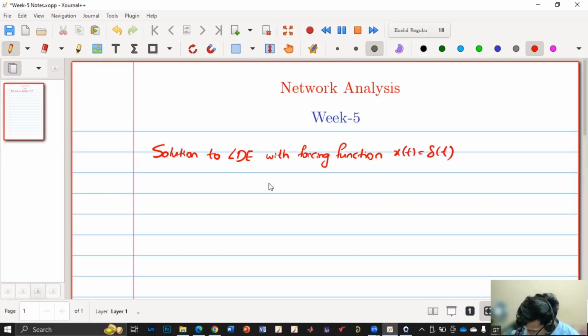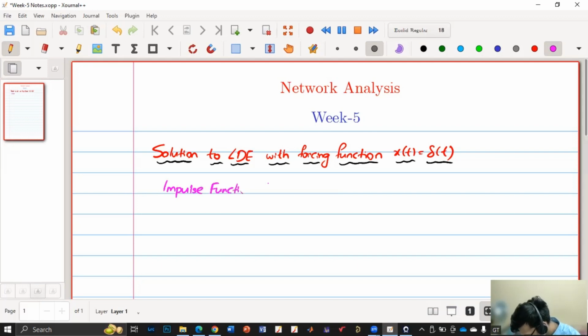Okay. But before we go into the solution to linear differential equation with this forcing function, I want to explain or discuss about what is an impulse function. So first we'll discuss about impulse function. What is an impulse function? Say I have considered a function. Say this is the time period t, and